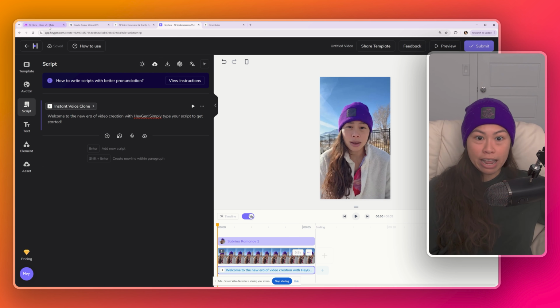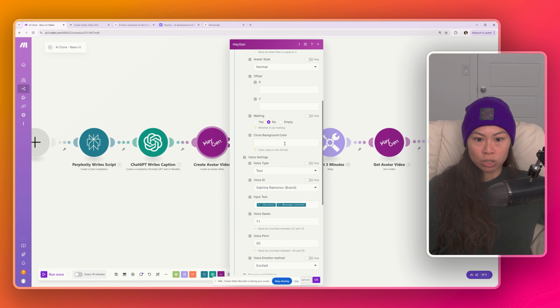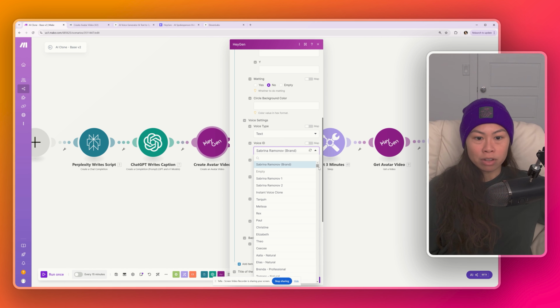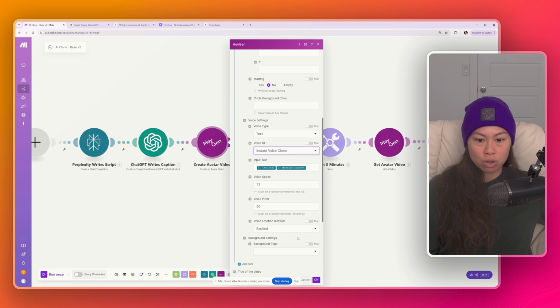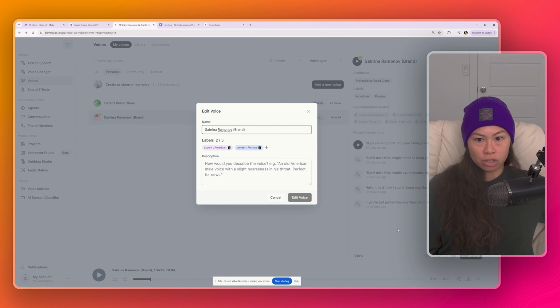as expected, right? Now to integrate it within our automation, go back here, go to create avatar video, scroll down to voice settings, and what you're going to do is change the voice ID. So instead of your avatar voice, you want to look for the one we just made. In this case, instant voice clone. As we talked about before, you can change these parameters over here, test it out until you like it. And the last thing I'll point out is if you go back to 11 Labs and click on the voice, go ahead and click view to see more details about where it was used. So here under recent generations, these are the audio clips that were generated using this voice. You can also edit things like the name of the voice here, what labels you want to apply, and the